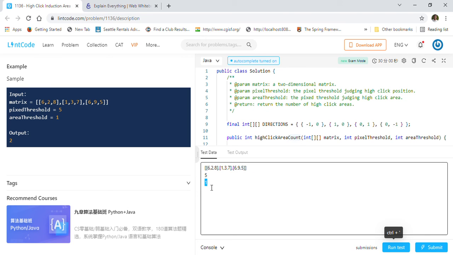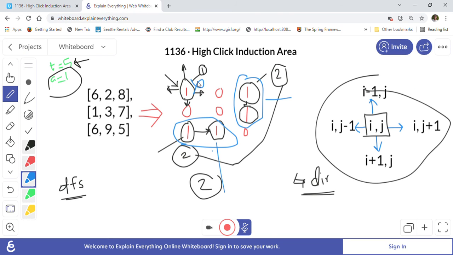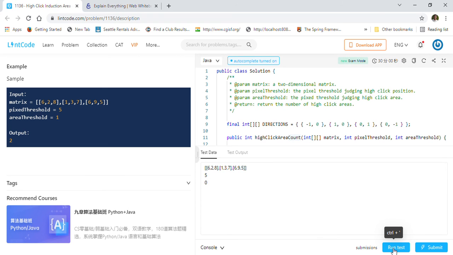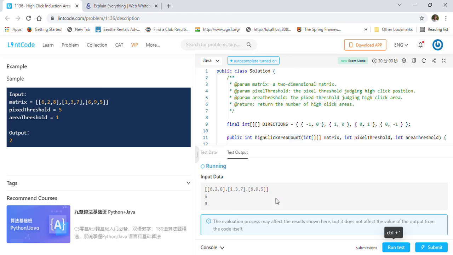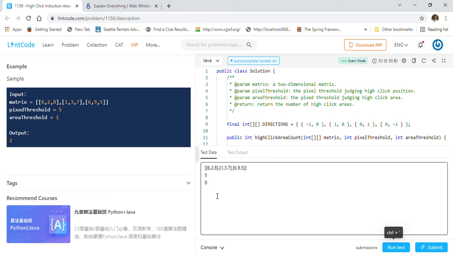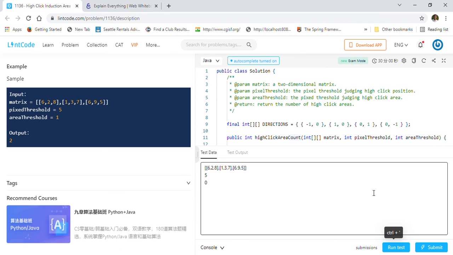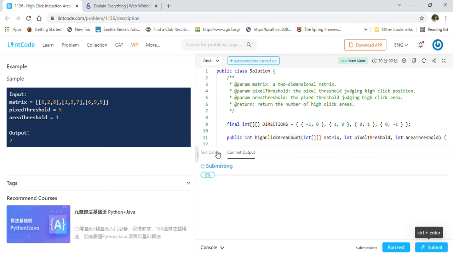Now let's change it to 0. If we change it to 0, we will get 3, this 1, 2 and then 3, correct? So let's just run this quickly. So we are getting the correct result here, 3. So this is the unit test case we have taken. So I think we can just go ahead and submit this solution now.